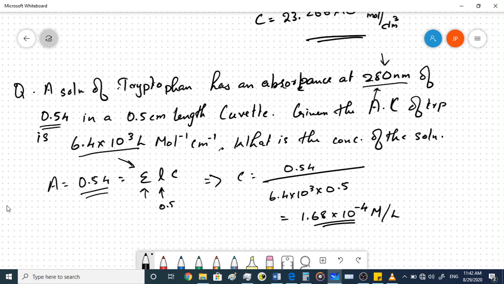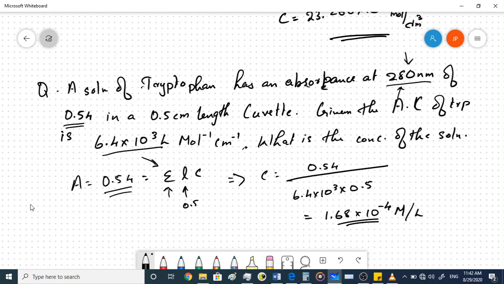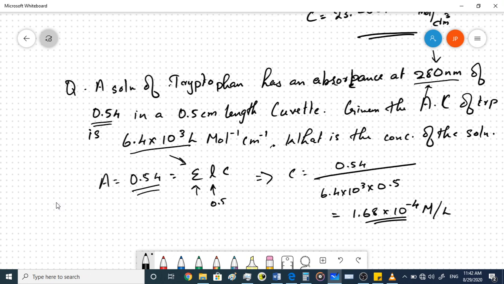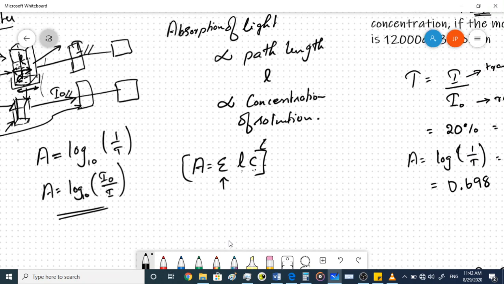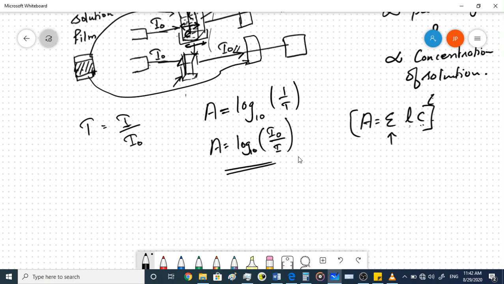Now let's look at what is the significance of this 280 nanometers. In this question, it is not used in the calculation part, but let's look at how it is represented in this photospectrometer. So generally when we do this analysis using a photospectrometer, what we get is very similar to the solar spectrum. I mean, how we plot the solar spectrum, we'll actually get absorption as a function of wavelength,